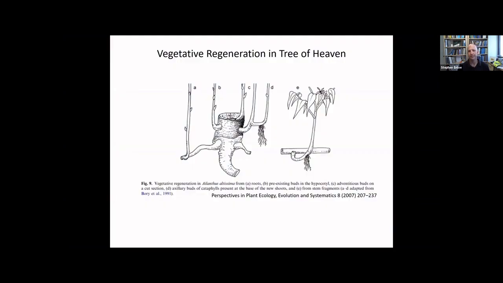Tree of Heaven's a perfect example. This is literally all the ways it vegetatively sprouts, from lateral roots, which you know well, to sprouts coming off of more epicormic type sprouts off the sides of the stems, to adventitious buds at the cut surface, all the way to adventitious buds coming at the axils, and then even stem sections, fragmentation that can present these. So among our woody species, we have a range of this,